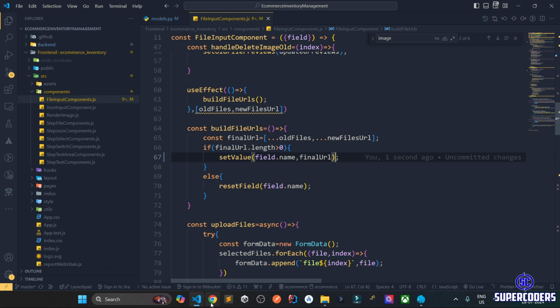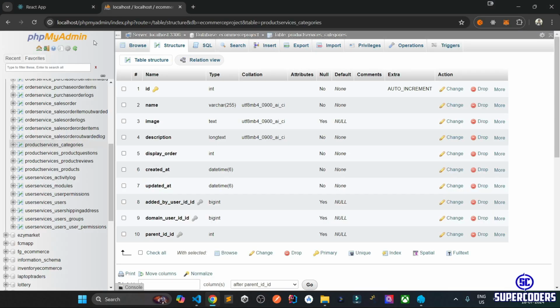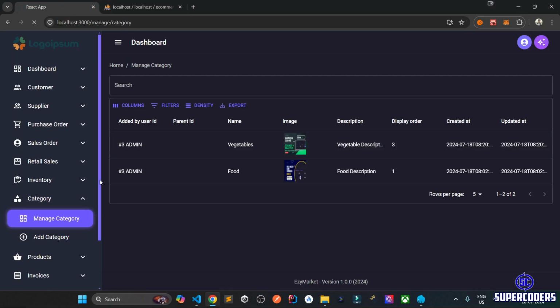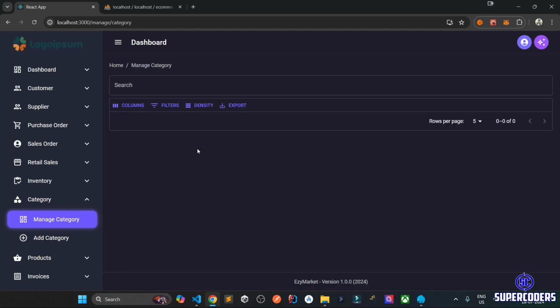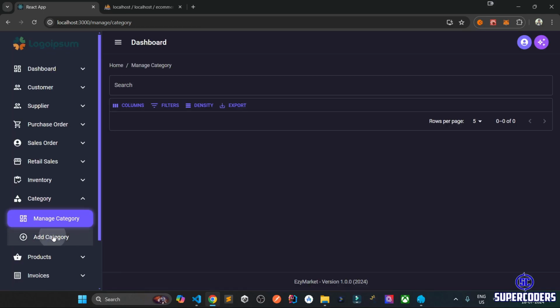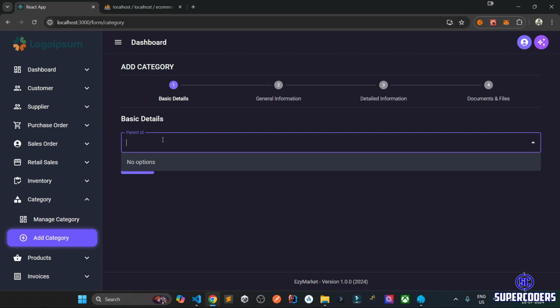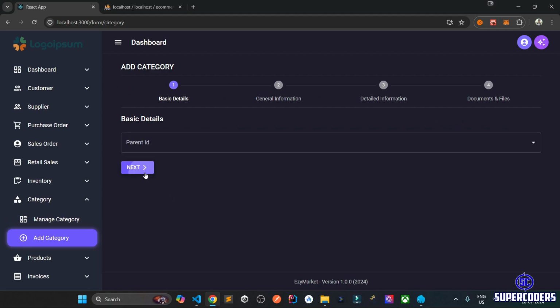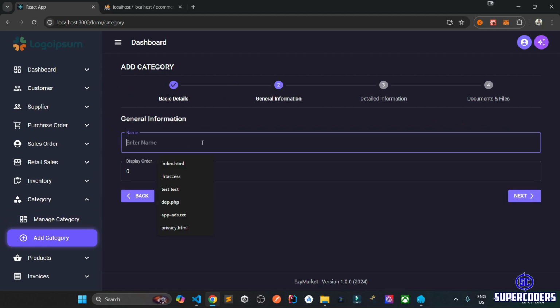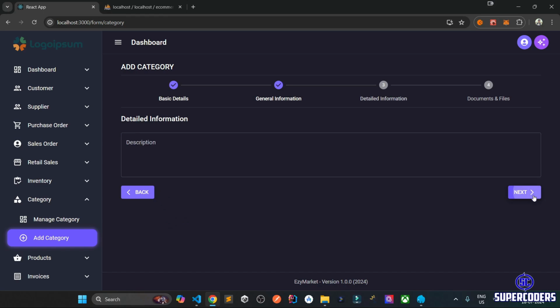So if I come to Chrome, open the React app, and refresh the page, right now we don't have any category. Try to add a simple category. Add category. There is no parent. Click on next. Giving the name food, display order 1, next, caption food,